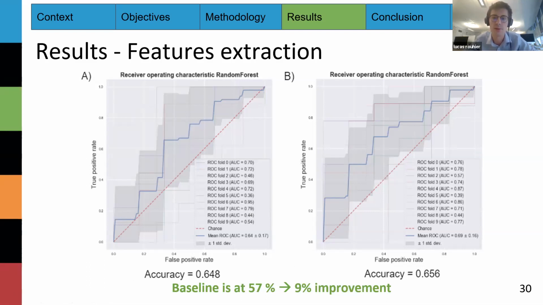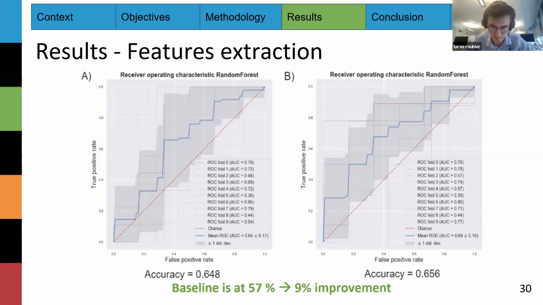XGBoost was actually closer to 65%. Well, this one is 65.6. And this is a 9% improvement. So we show it is an improvement close to what we can see with the model with all the subjects, but it is not significant as to the difference without using this data and with this data.